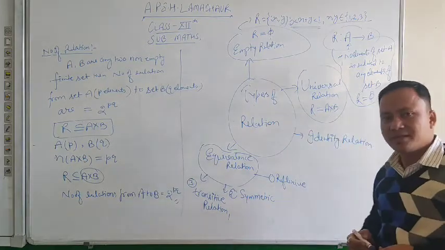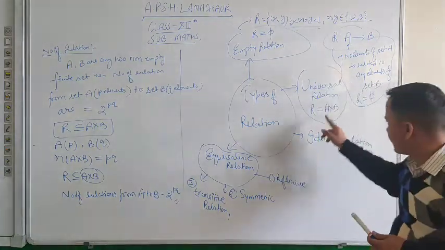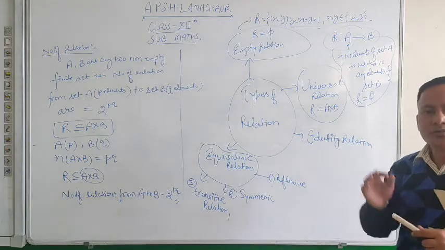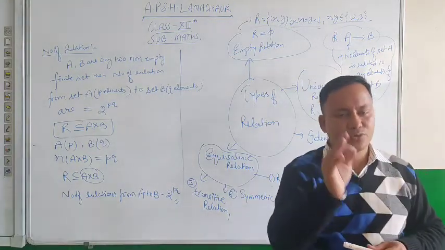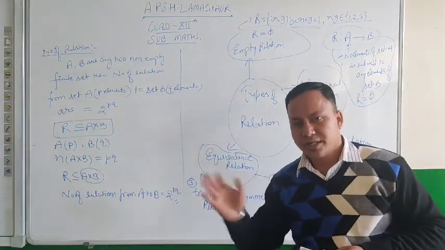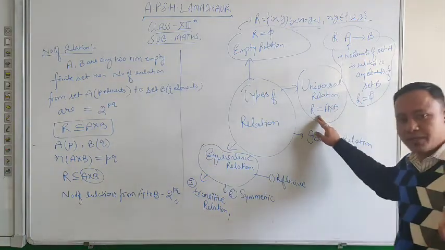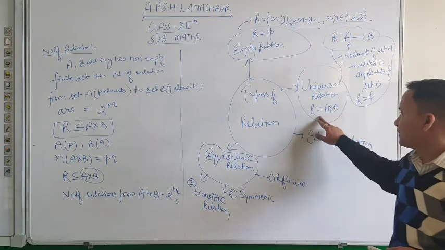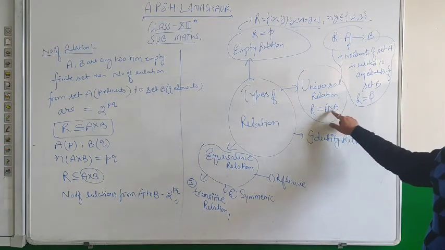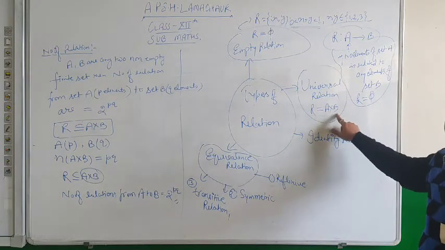बेसिकली R क्या होता है? बेसिकली रिलेशन अगर हम कोई दो सेट A और B के बीच में डिफाइन कर रहे हैं तो बेसिकली डेफिनेशन रिलेशन की होती है रिलेशन शुड बी सबसेट ऑफ कार्टेशियन प्रोडक्ट A cross B. बट इन केस ऑफ यूनिवर्सल रिलेशन it is not the subset but it is equal to A cross B, क्योंकि सेट A का हर एक एलिमेंट सेट B के हर एक एलिमेंट के साथ रिलेटेड होगा.